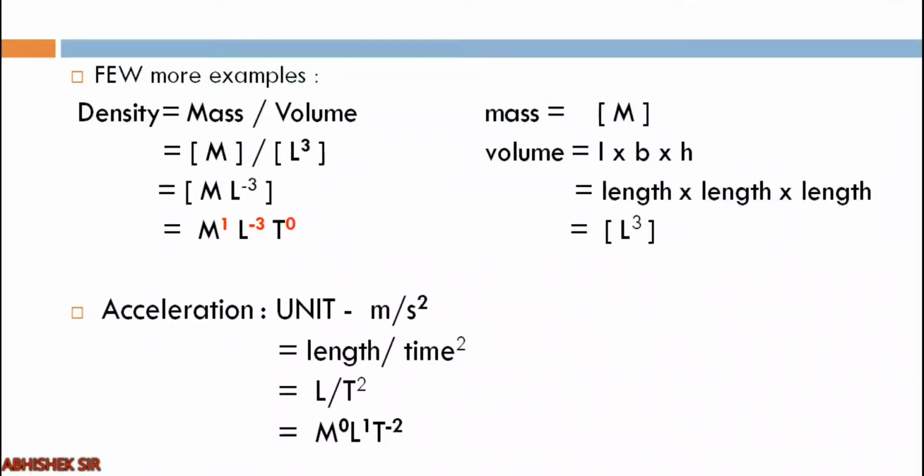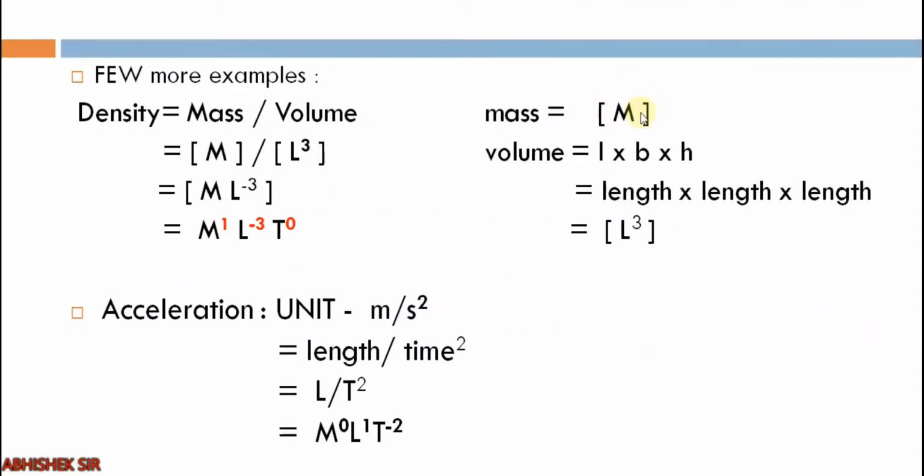Now you see, density is mass upon volume. Again let me remind you that density is a derived physical quantity. Mass is a fundamental physical quantity, but volume again is derived. So let us first convert volume in terms of the fundamental quantity, right? Volume is L into B into H. All three you can see are dimensions of length only, right? So volume is 3 times length: length into length into length. So volume can be written as L raised to 3, and mass, already it was m raised to nothing, that means m raised to 1.